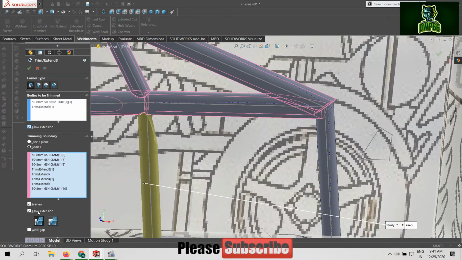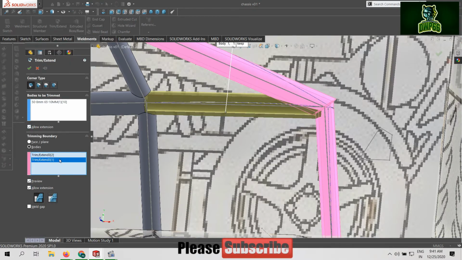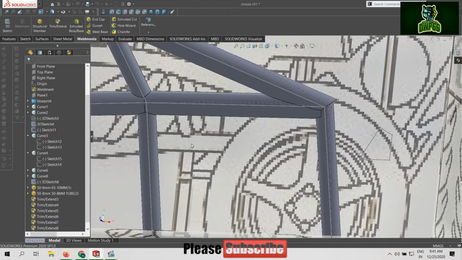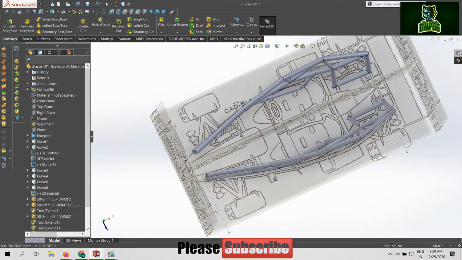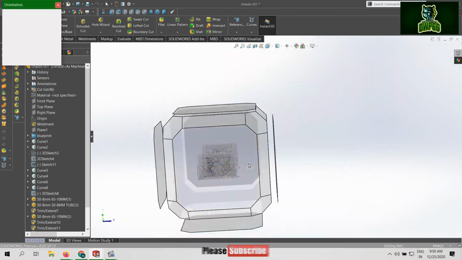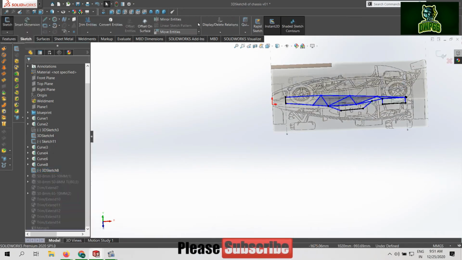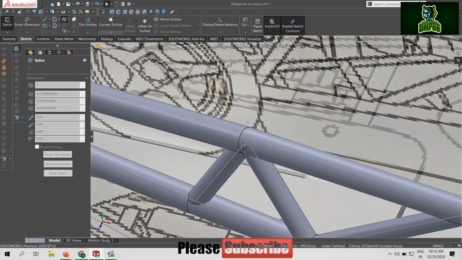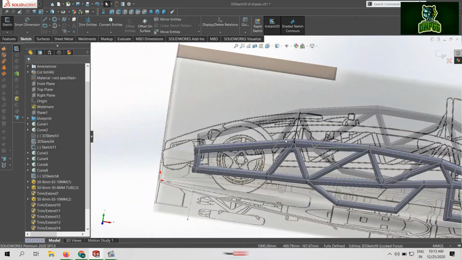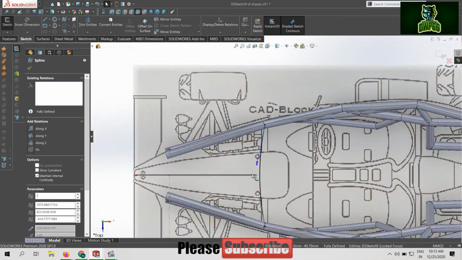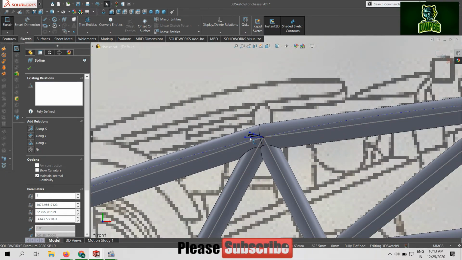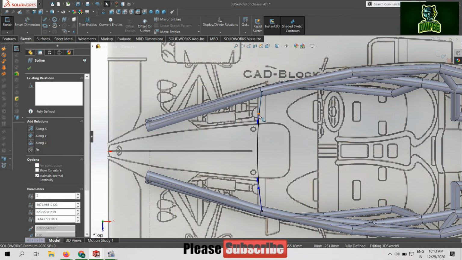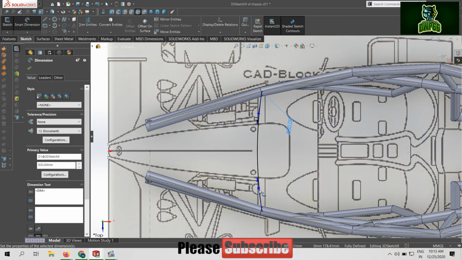Then we will do the same for them as well. We will create tubes using weldment profile and then trim them all. Create sketch as per the blueprint and then all you need is to create weldment profile and trim unnecessary parts. We need to do a lot of trimming, but it's worth it for getting better result. See how easy it is to create the structure of frame using this method.